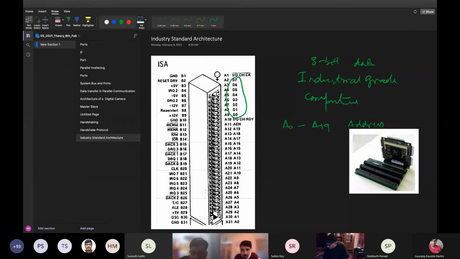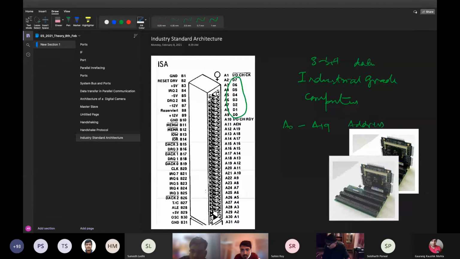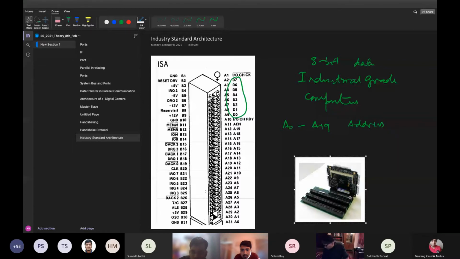You can see here. This PC has these slots. You can put your card. This is your card, your standard IO card which your company has designed. So this is the standard slot. This standardization is done by different international bodies. This is called the industry standard body, ISA. Similarly, IEEE has USB, RS-232. These are standard organizations which make standard architectures.